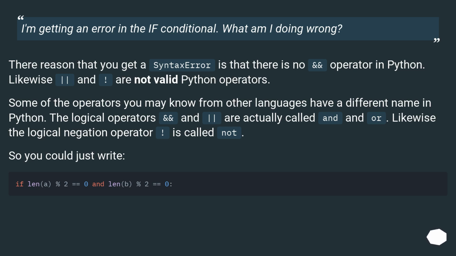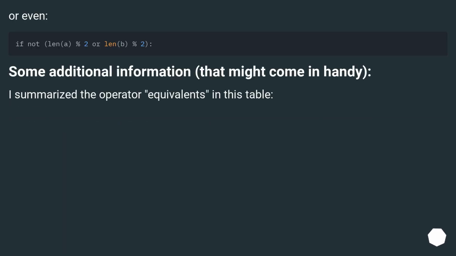The reason that you get a syntax error is that there is no && operator in Python. Likewise, || and ! are not valid Python operators. Some of the operators you may know from other languages have a different name in Python. The logical operators && and || are actually called and and or. Likewise, the logical negation operator ! is called not. So you could just write